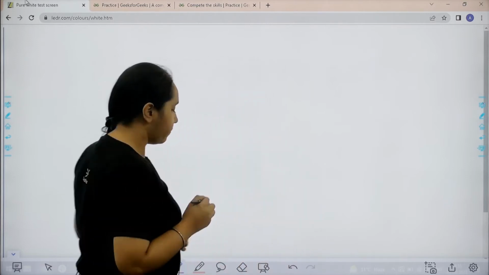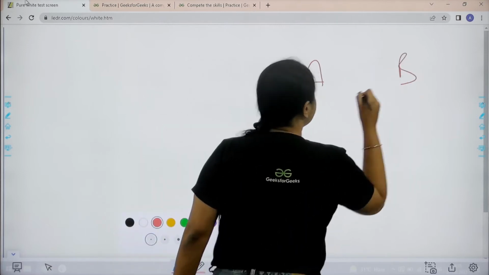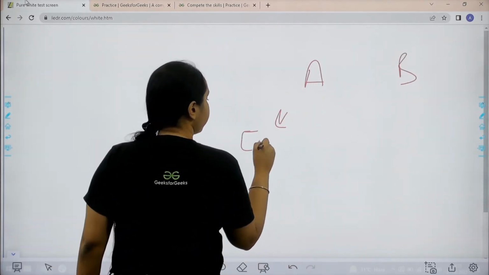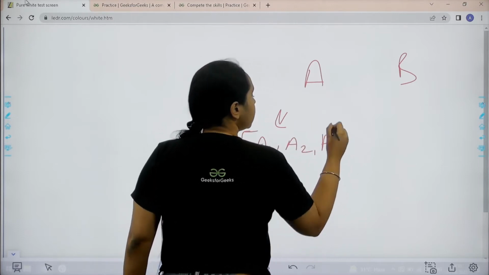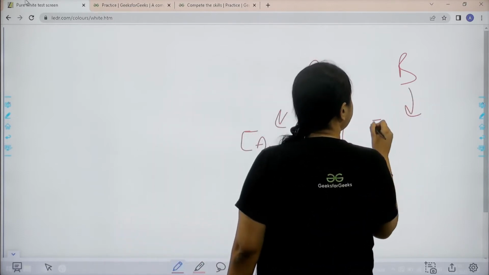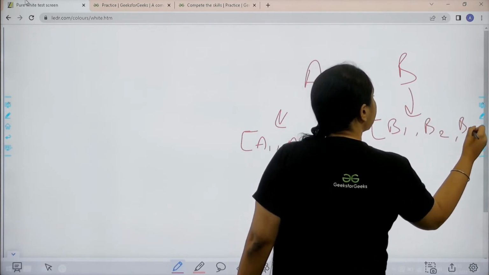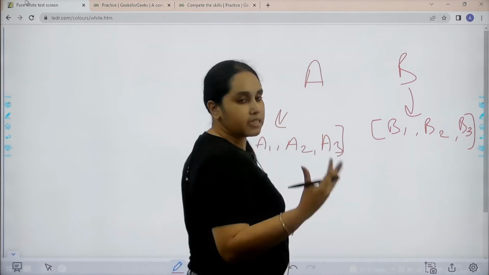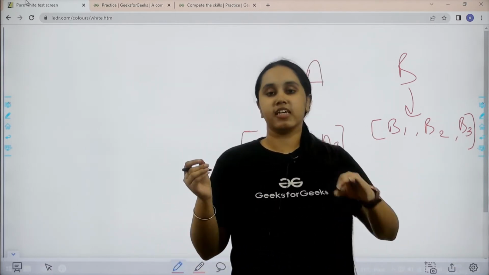So let's start. Basically we have two friends A and B with the skill set like A1, A2, A3. Similarly B has skill set B1, B2 and B3. Now we need to compete their skill sets, the ith skill of each, and